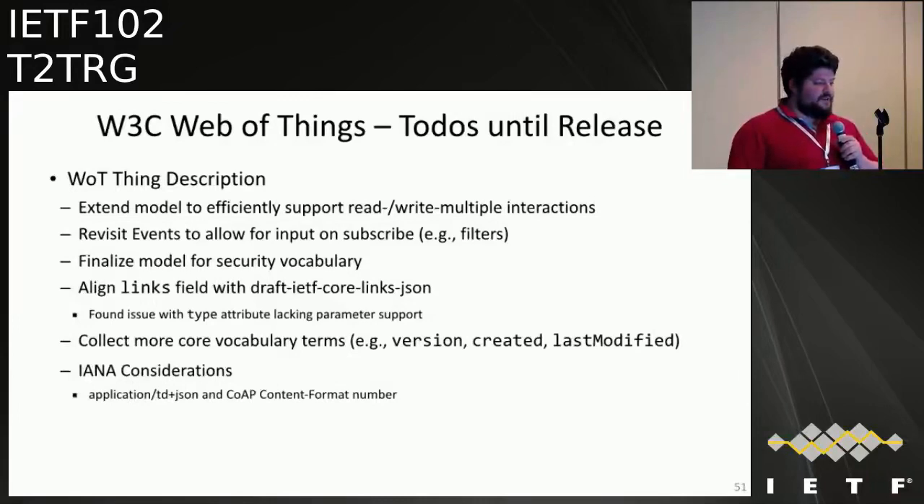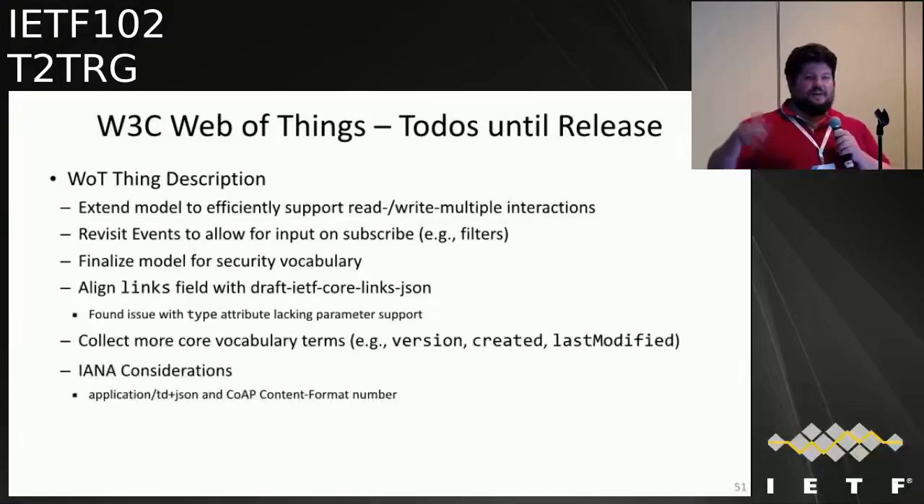We want to revisit the event model because some of the existing ecosystems also have input data on subscription, so that you, for instance, can install filters so that you are notified only under certain conditions. And that was not possible at the moment. We had a very simplistic eventing model. And then it's about more housekeeping again, so finalize the model for the security vocabulary that I mentioned, and then align the links field that we use. So a thing description can link to other thing descriptions,